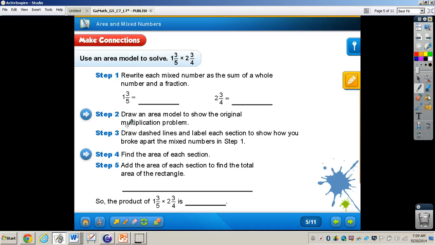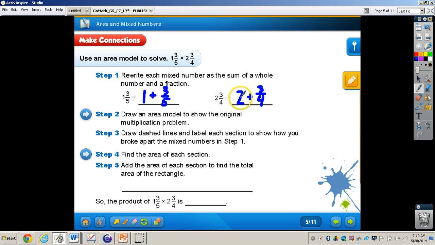Okay, now let's turn to page 318, and we'll take a look at this problem. It says use an area model to solve 1 3/5 times 2 3/4, and this is under the making connections section. Okay, so step 1 for this is we need to rewrite each mixed number as the sum of a whole number and a fraction. Okay, so what we have here is 1 plus 3/5 will give us 1 3/5. And the next one will be 2 plus 3/4